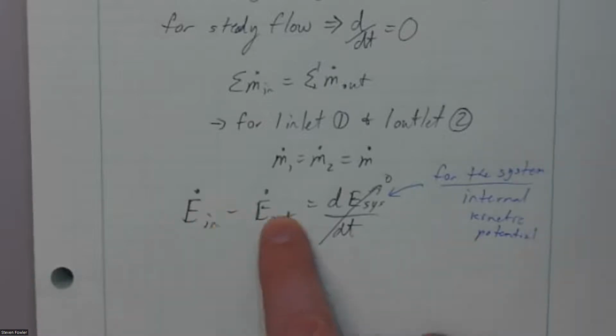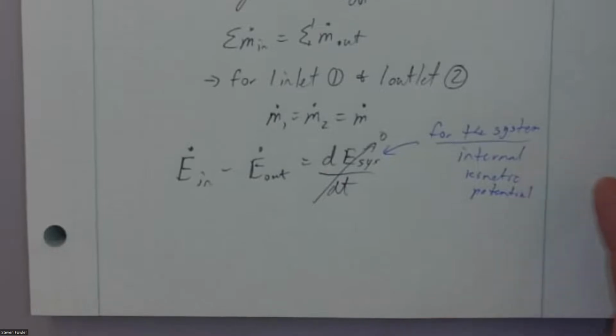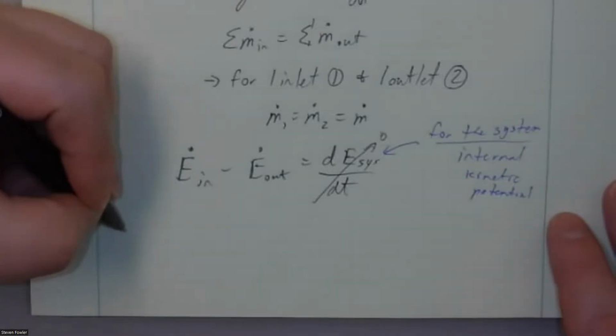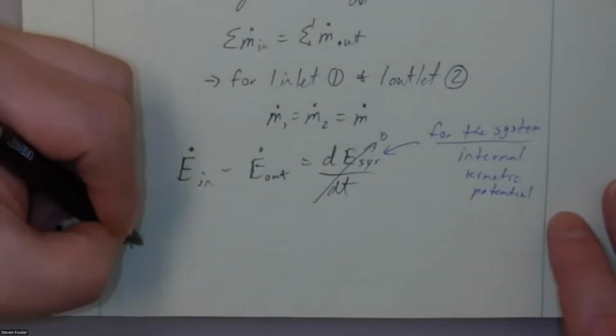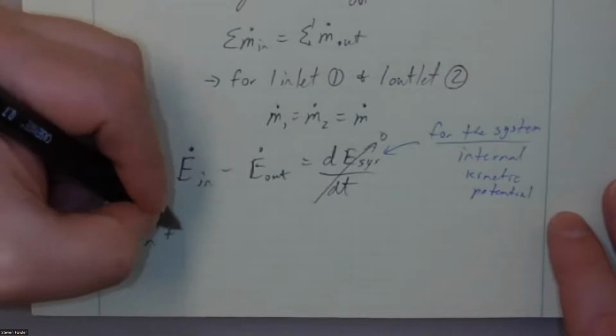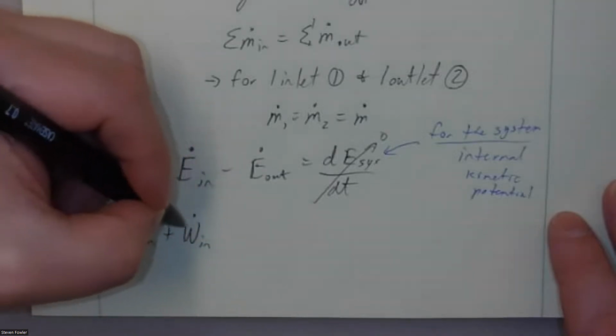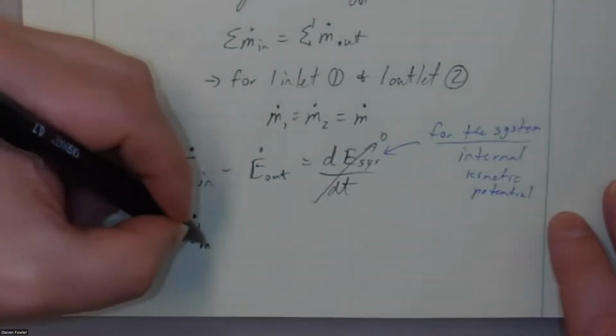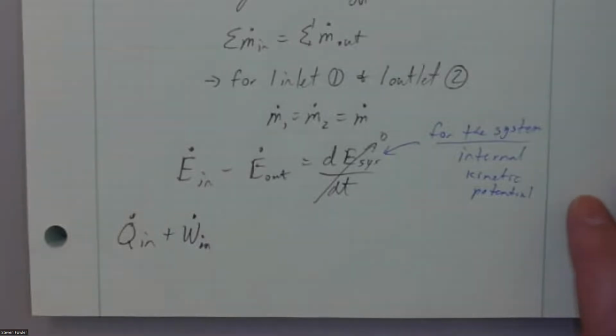Well, again, heat, work, and mass are the types of energies that can cross the boundary. So let's look at those. We'll say it's Q dot in, that's the rate at which heat comes in, plus W dot in, that's the rate at which work comes in, and that has a special name. We call that power. Power we only reserve for work rates. So this is the rate at which work is coming in, the power,